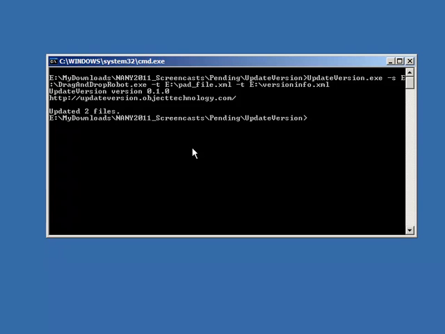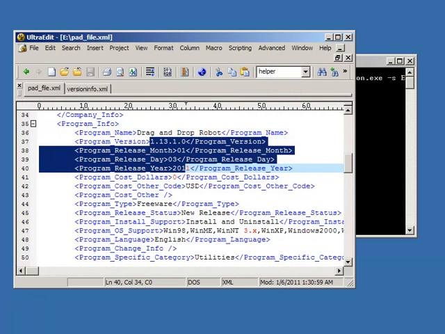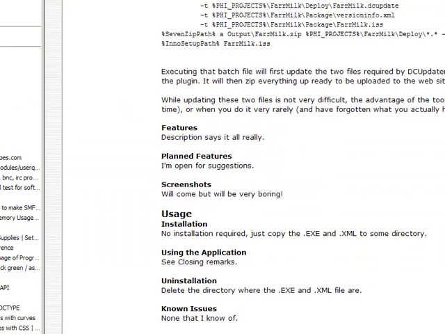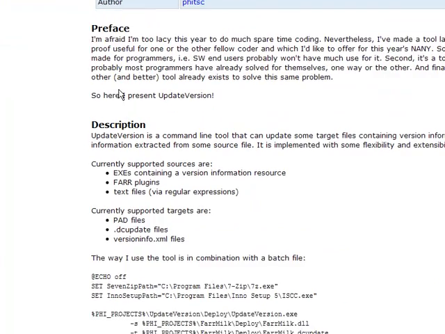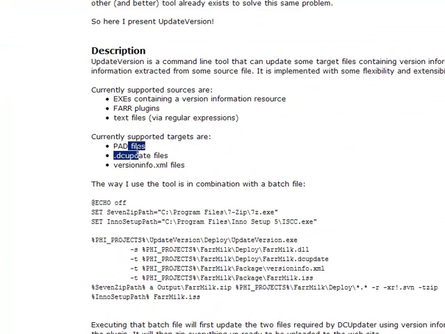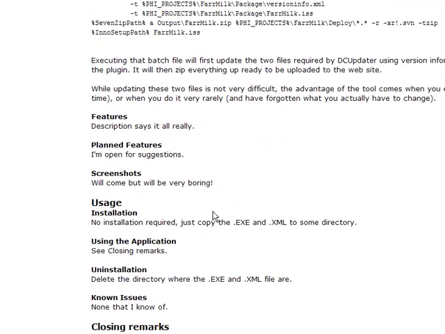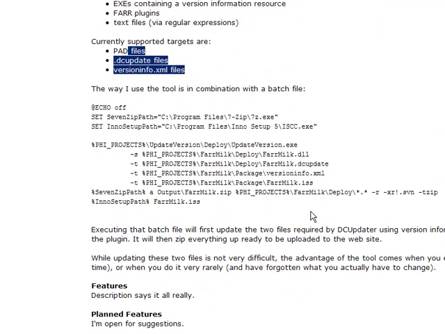I think it can also, if I'm correct, update the setup files, I believe, which is extremely useful in and of itself. Let's see. Well, there's a web page somewhere. Here's the web page, which shows you the various options. Let's see, it can update pad files, DC update files, and version info files. Okay, so it would be nice if he added support for setup files, but